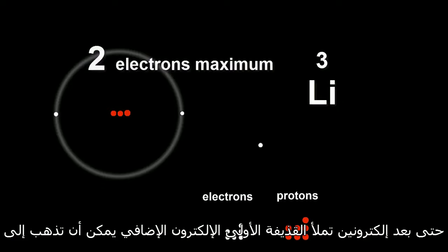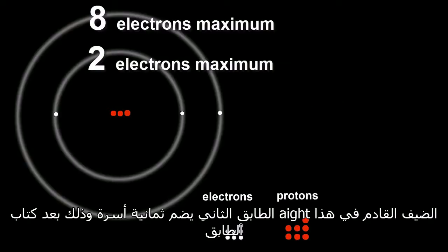So lithium has too many electrons to squeeze them all into the first shell. Luckily, there are plenty of shells available. So after 2 electrons fill the first shell,